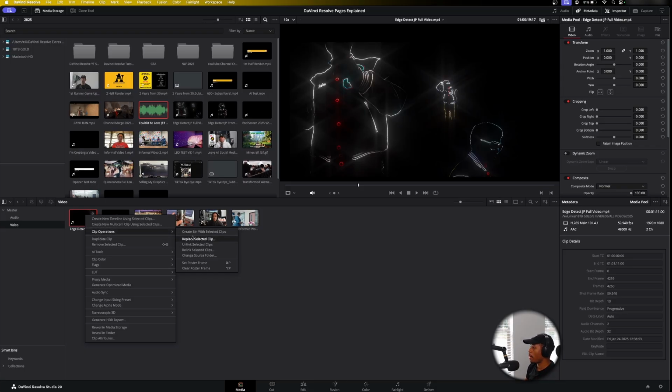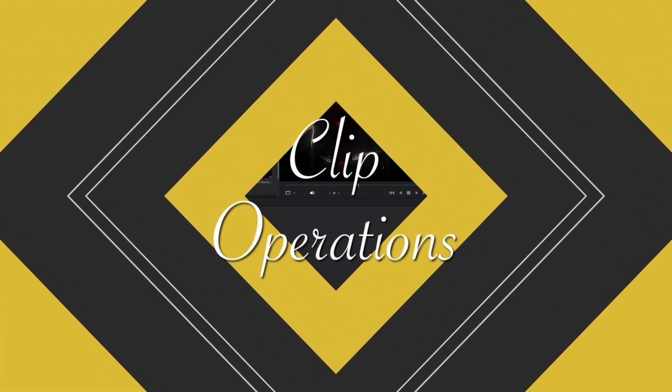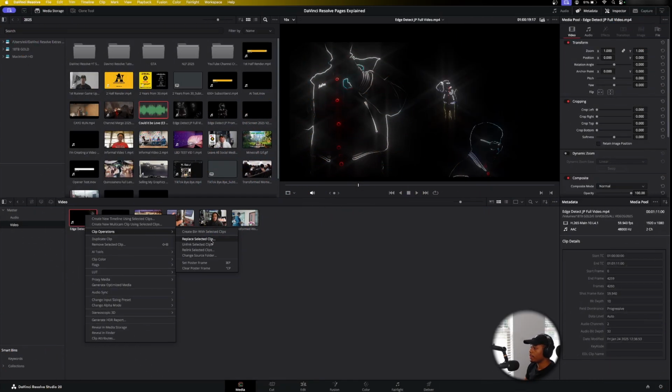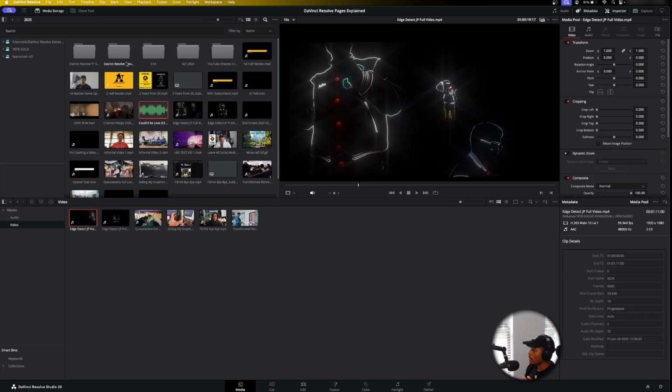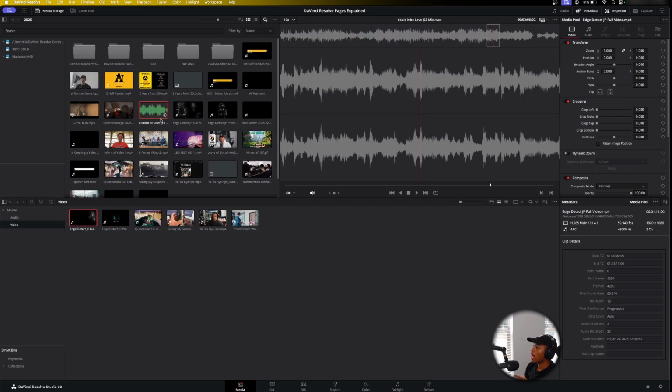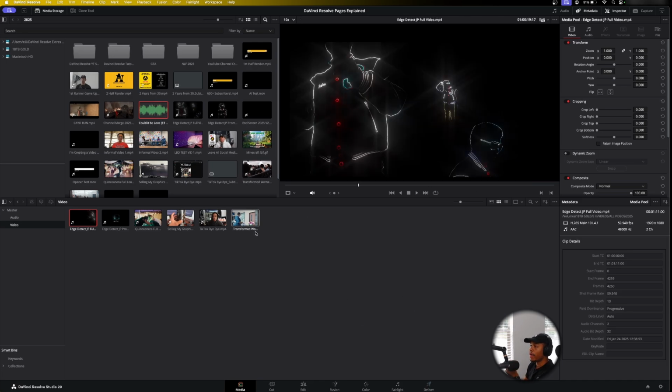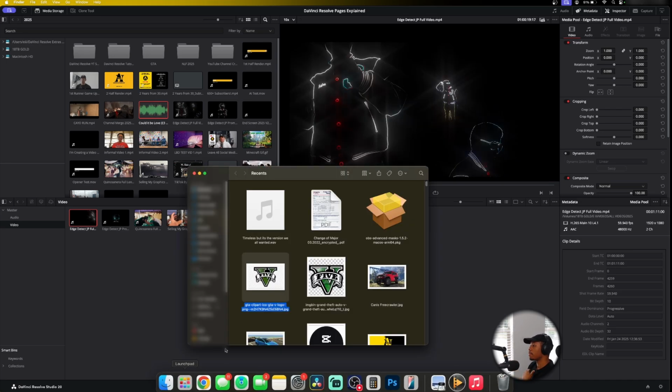So when I go to clip operations, I will see the exact same thing like I used to: relink your selected clips, unlink clips if you want to, replace selected clips, and change your source folder. To explain these a little bit more in depth, if you replace your selected clip, the only time you will ever have to do this is if you go into your actual hard drive. So let's say in my hard drive, which I'm looking at, again, this is hard drive, this is not DaVinci, this is DaVinci, this is your hard drive. If I change the actual name of the file, so better yet, if I go to my Finder